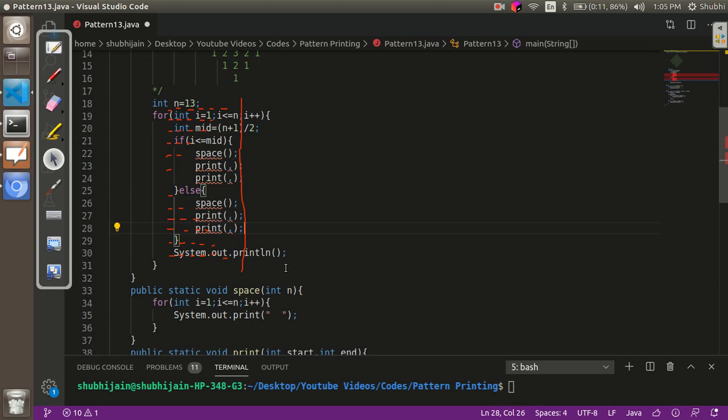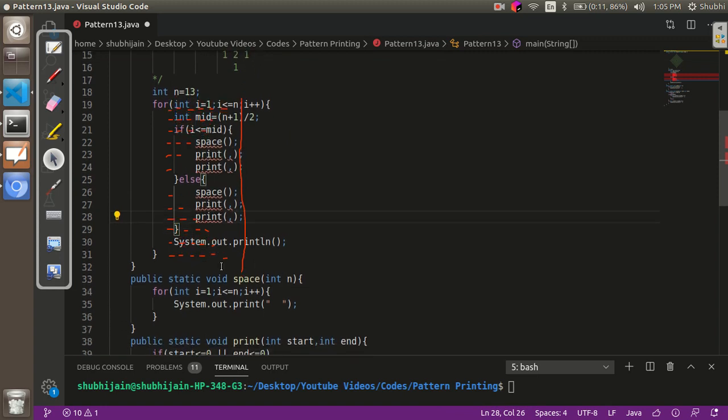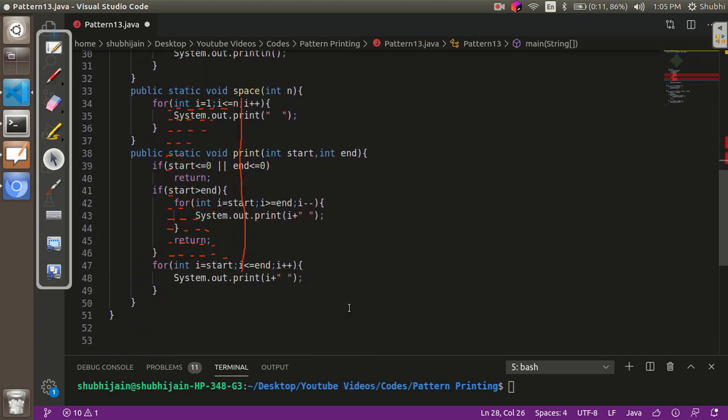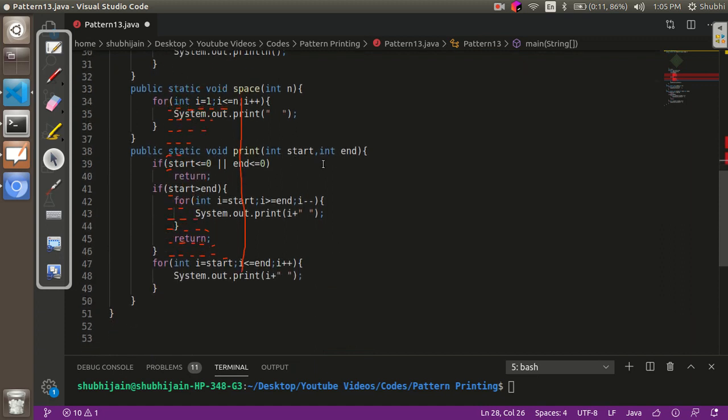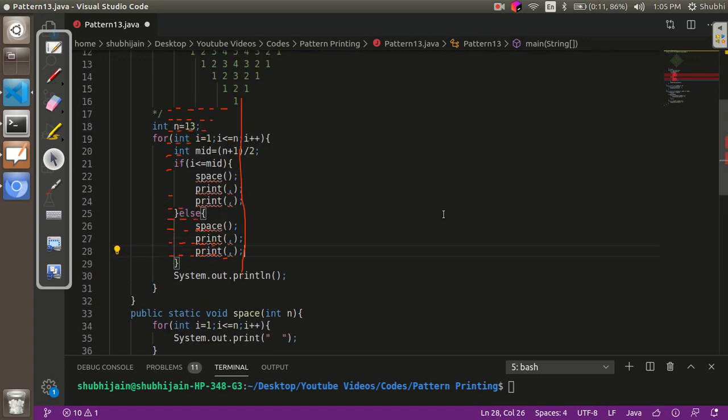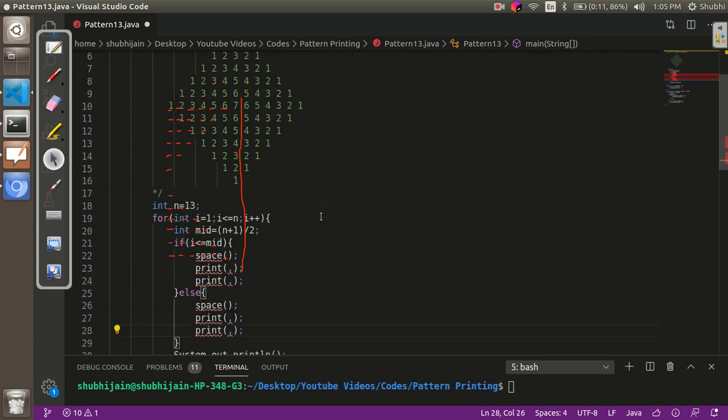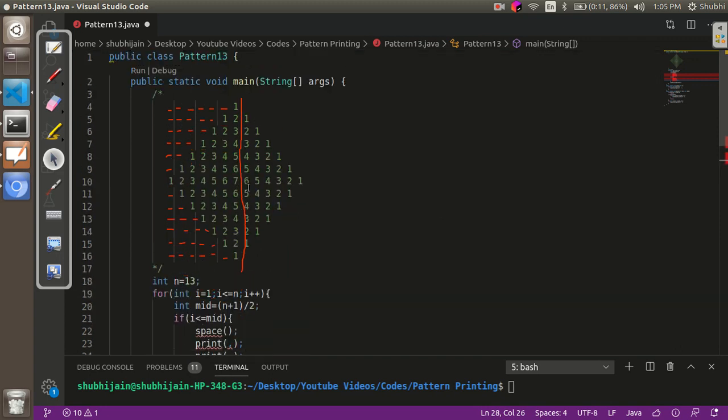Now in case you're new to my videos, I have created a function known as space, which takes n as a parameter and will print n continuous spaces in a row. And there is another function, print, which takes parameters start and end, and if start is greater than or equal to end, it will print the numbers in decreasing order, and if start is smaller than end, then it will print the numbers in increasing order. So this work has already been done. So over here it will be really easy for us to code for this pattern.